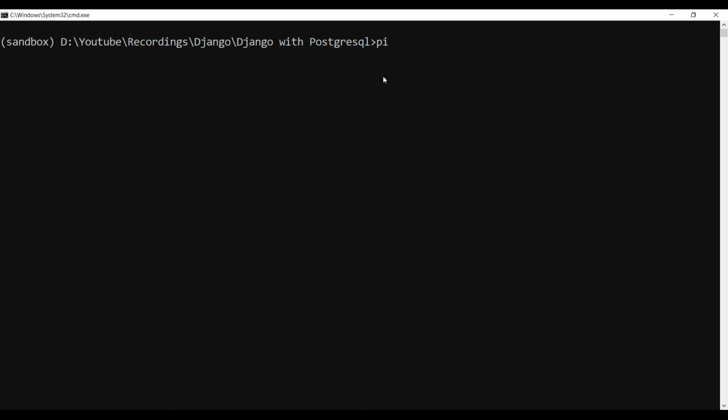Now I'll run this command to see what packages are already installed. Since this is a newly created virtual environment, there is no package installed in this.